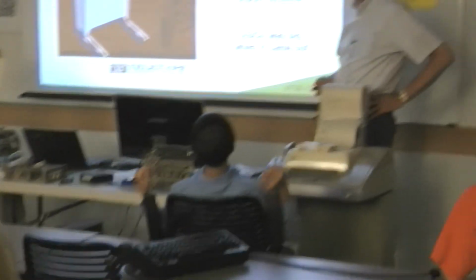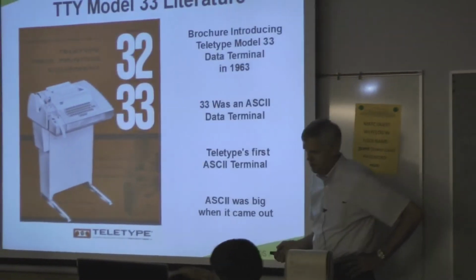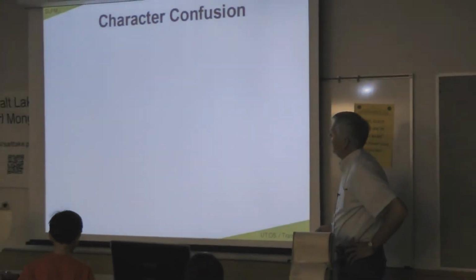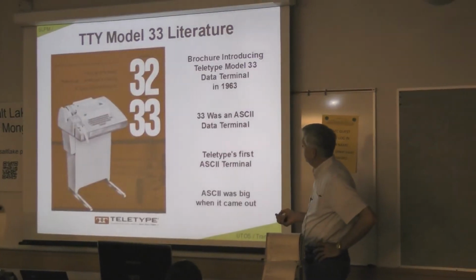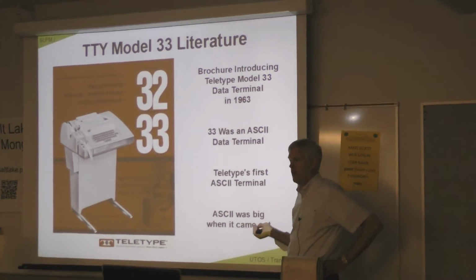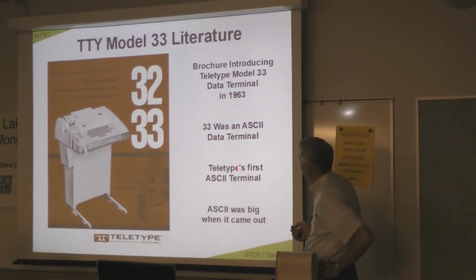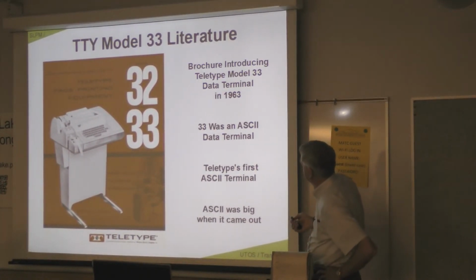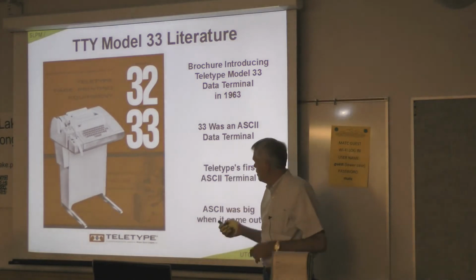So this is the second machine, all buttoned up, ready to go. And this was an ad that came out with this product when it was released in 1963. And one point I want to make is this was the first ASCII device that they had. Before that, they were working in what was called the Baudot world. And Baudot was,